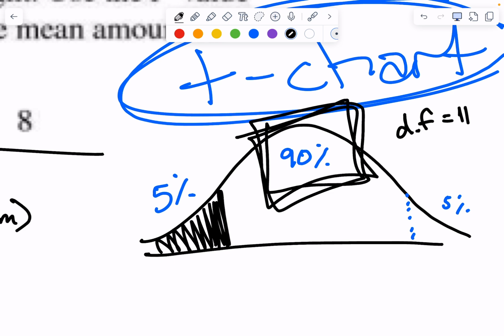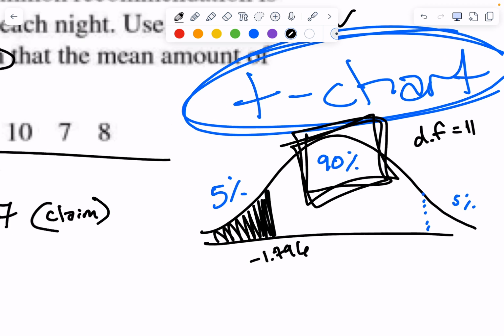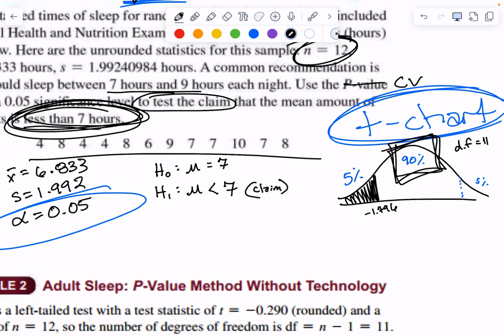looking up? It's the one that's, I think, black and white for most of you. It has the bell curves on the side. Flip it over. Yep. 1.796. So it would be negative on this side. 1.796. Did you find that? Do we know what we're looking at? 1.796. Cool. Now, the only other thing we need to do is do the